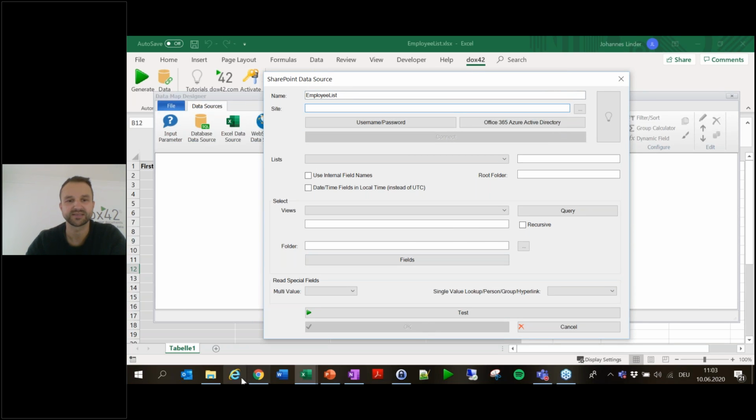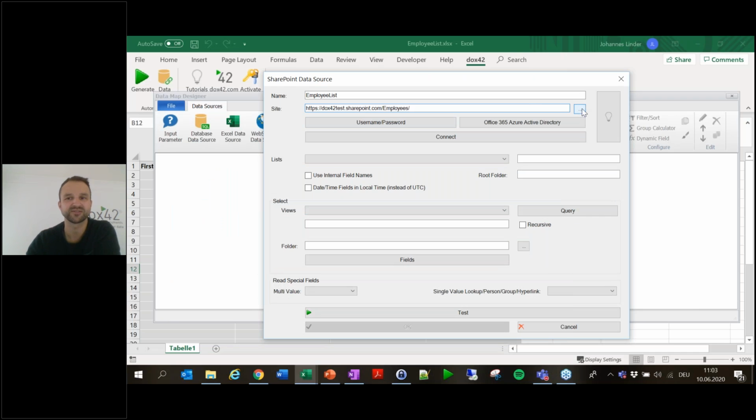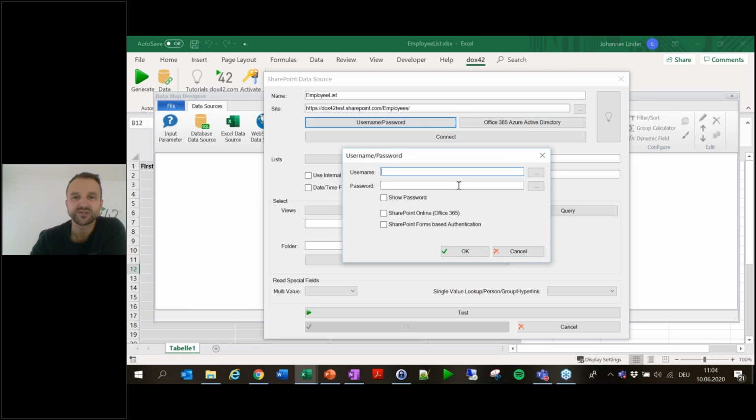The site link is something that we get from here. Those of you that are professionals already with dox42 will also know that there is the option to integrate this from some configuration Excel. We're going to do the very simple way of connecting today, with username and password. There is also an option for Active Directory integration for SharePoint specific, or generally for Dynamics, for everything in the Microsoft ecosystem. For today, I'm just going to integrate the data